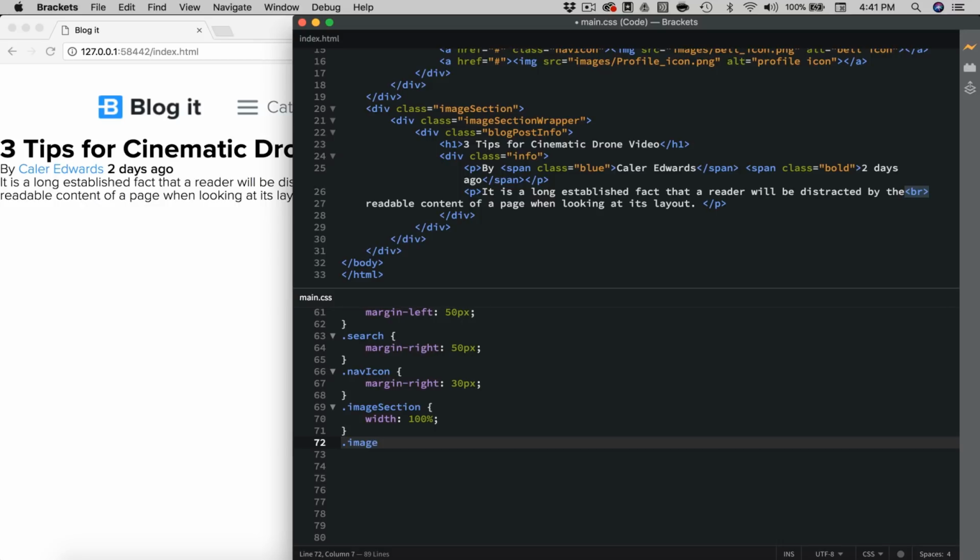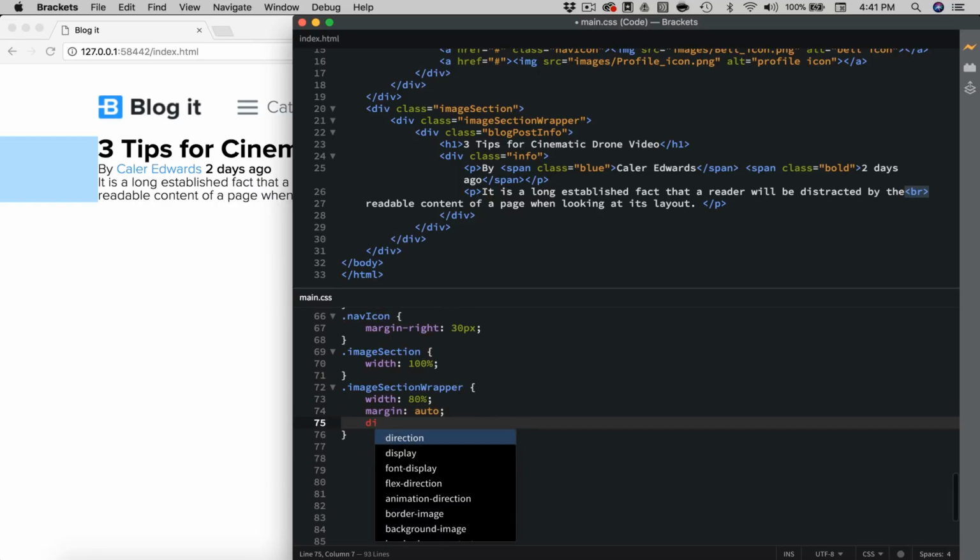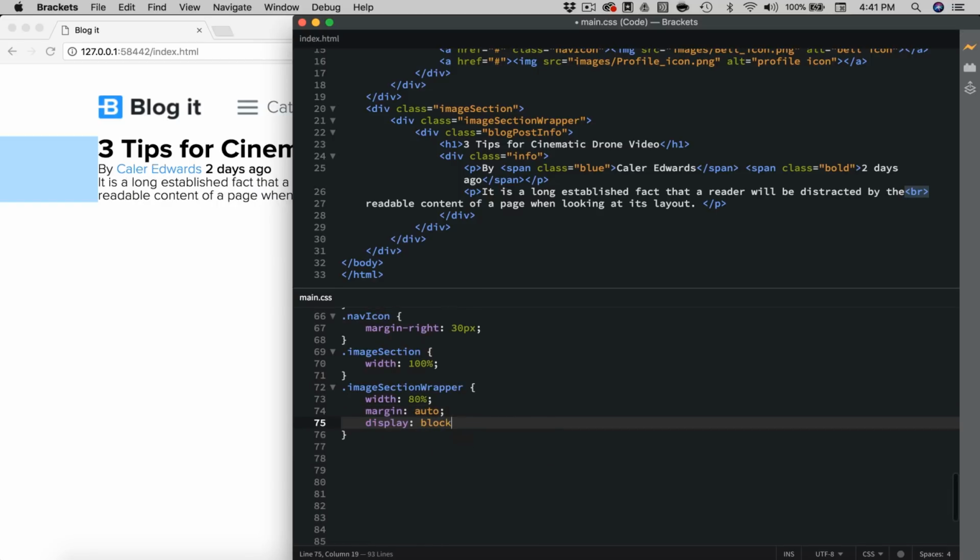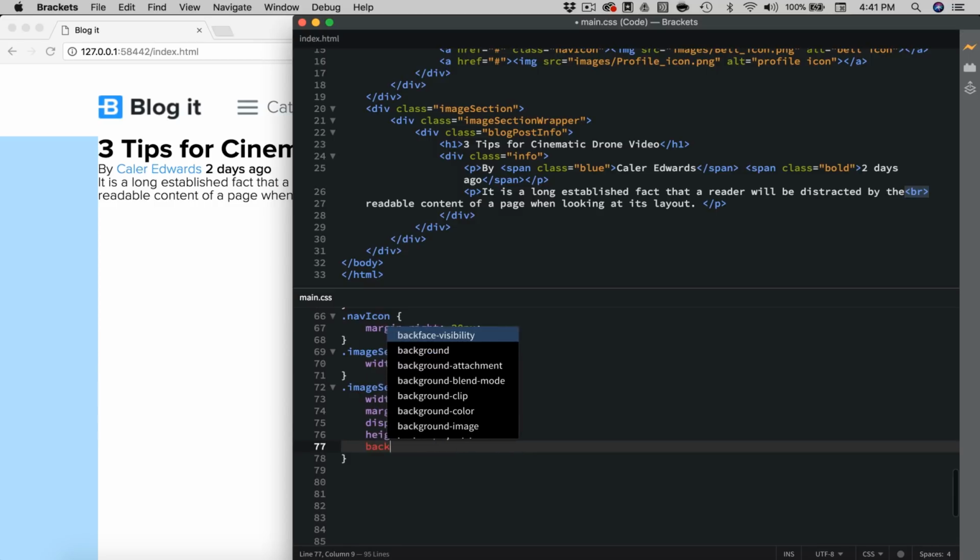Then we're going to adjust the wrapper, so image section wrapper. And I'm going to set the width on this one to 80%. And then the margin to auto. I'm going to display this as a block so we can adjust the height of this. I'll set the height to 800 pixels. The background image